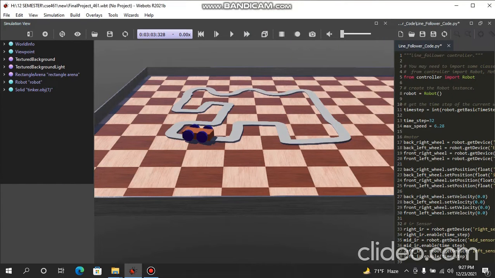My ID is 1810154 and this is about CSE461 group number 5. This project is about the line follower robot in Webots. At first I created a new project from the new project directory,